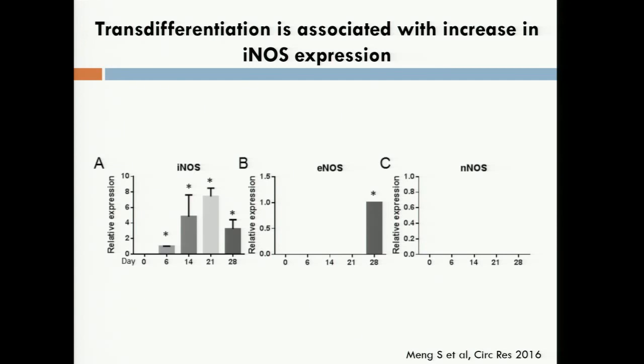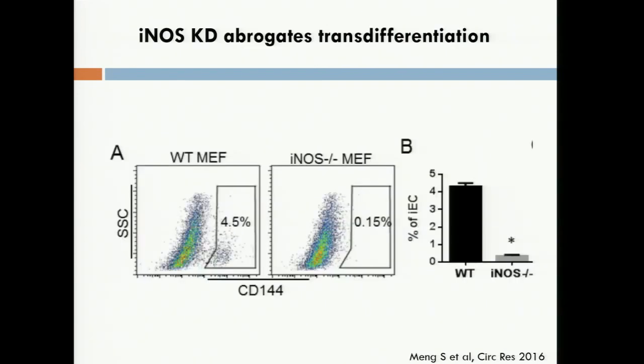Now, Shu's recently published this work on the role of iNOS in this process. She's shown that iNOS increases during the transdifferentiation process. eNOS, of course, is expressed by endothelial cells, but eNOS doesn't really come into play until very late, when the transdifferentiation process is terminated in the generation of an endothelial cell. Neuronal NOS is not present. So iNOS is activated early, and Shu was interested to know if that was important for the transdifferentiation, and indeed